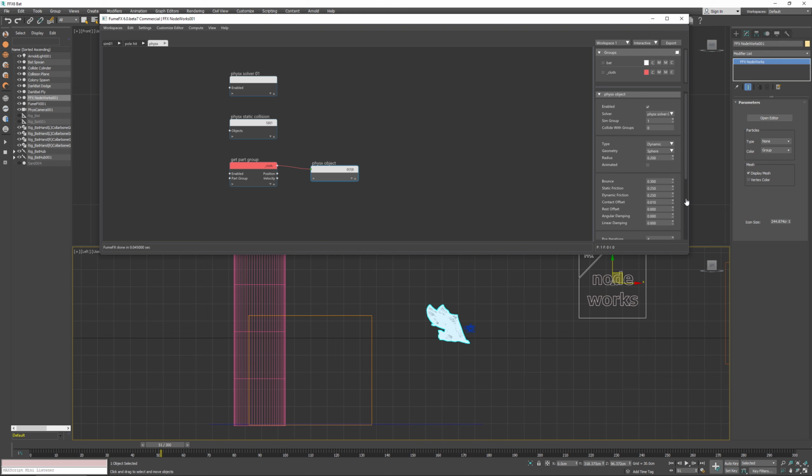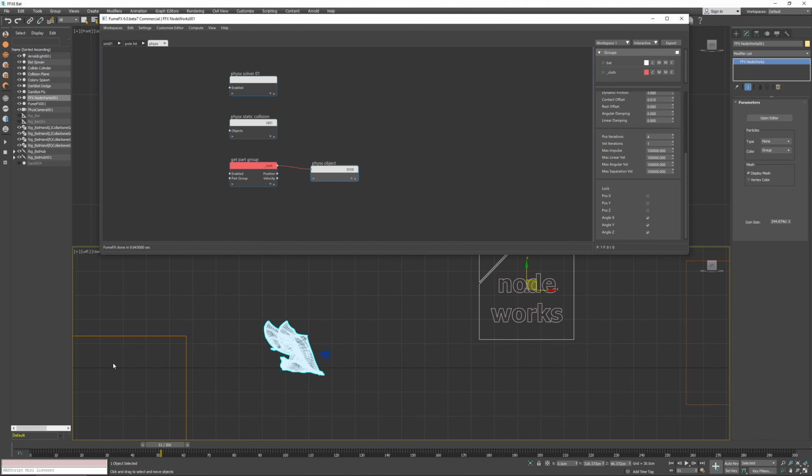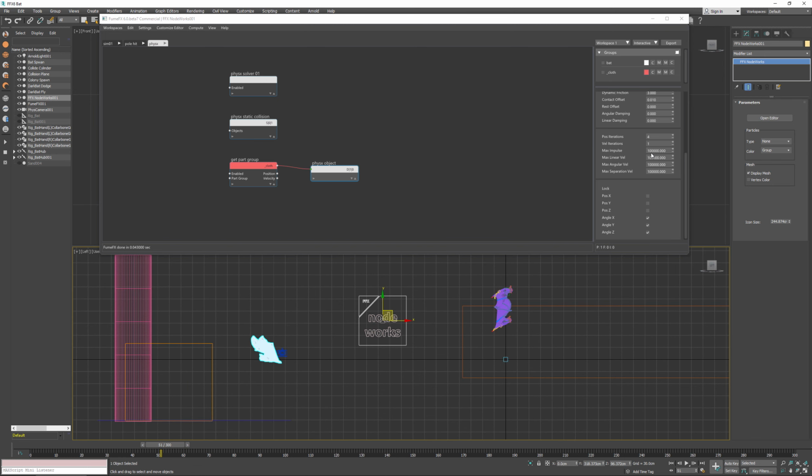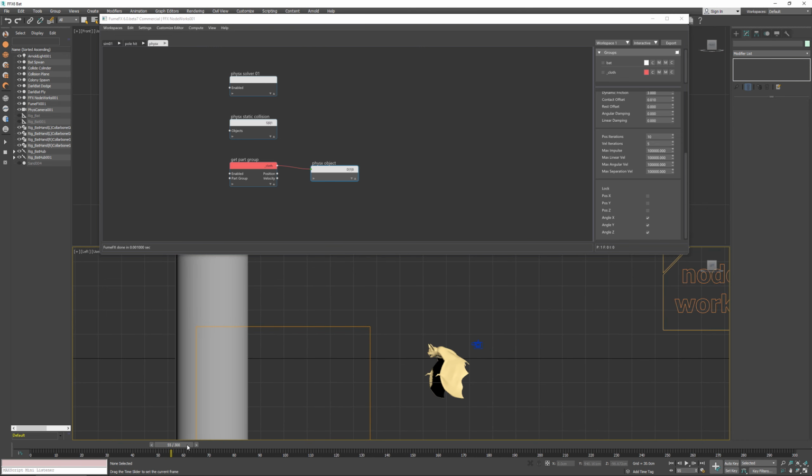We want to keep a little bit of bounce, and dynamic friction again to 3, and don't forget to lock the rotation, as we don't want those particles to rotate on collision with objects. We can increase the position and velocity iterations for more precise solving. Now we can play this animation, and as the bed comes close,